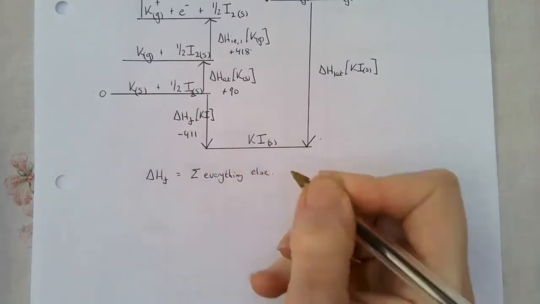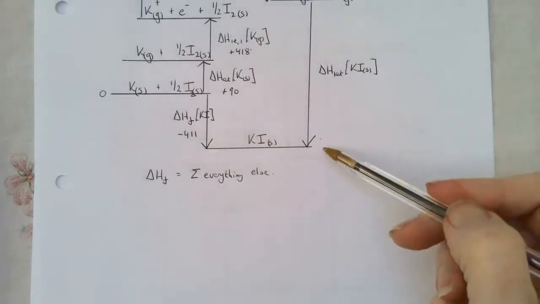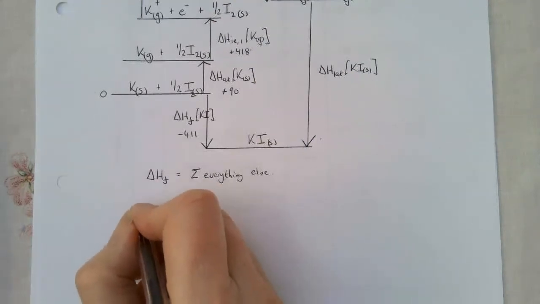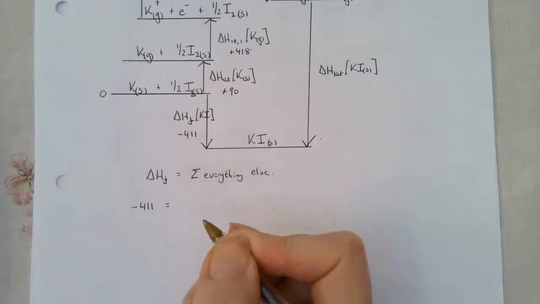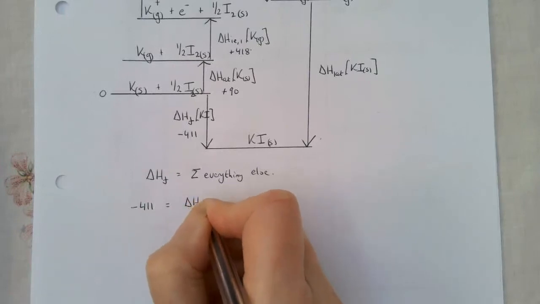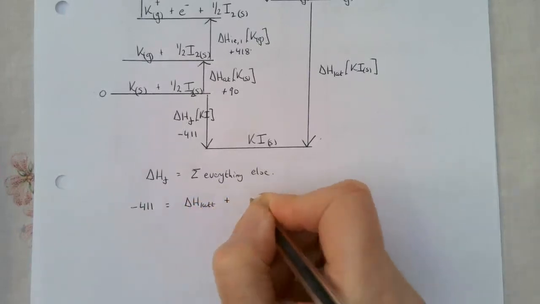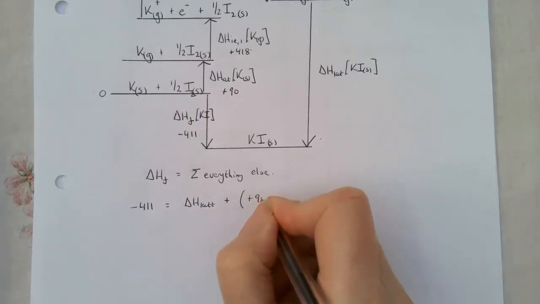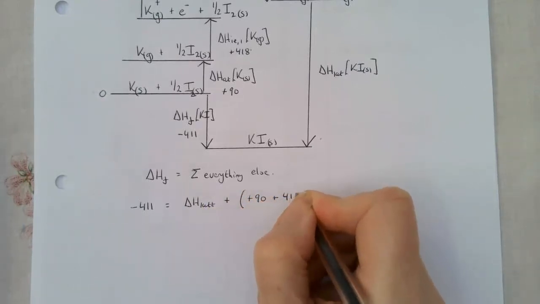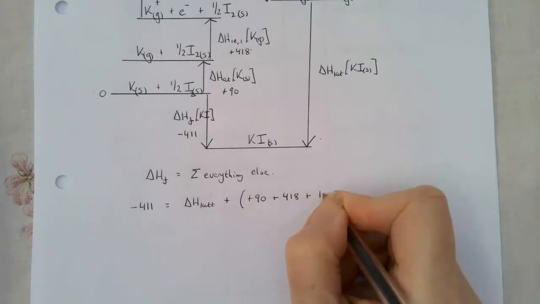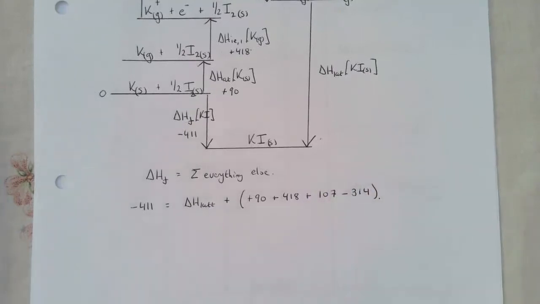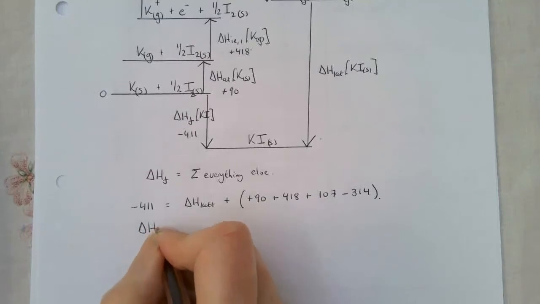Because if you follow the arrows round, enthalpy of formation is equal to all these other enthalpy changes. So I've got my enthalpy of formation, minus 411, equals my delta H lattice plus all the other enthalpy changes. So that's plus 90, plus 418, plus 107, and minus 314. And if I put all those numbers in my calculator and solve it correctly, I should get delta H lattice